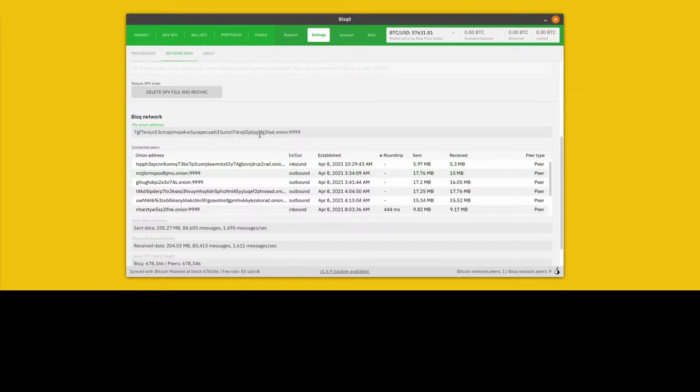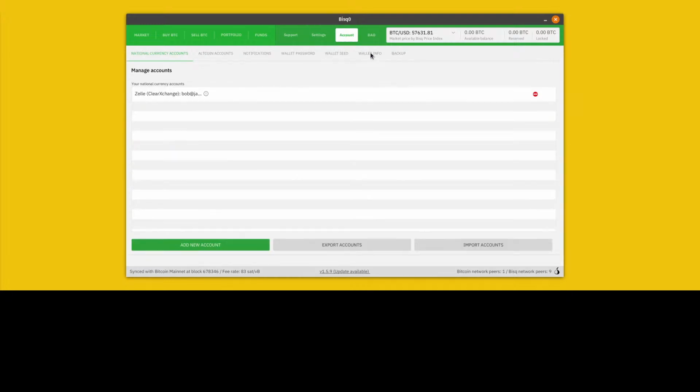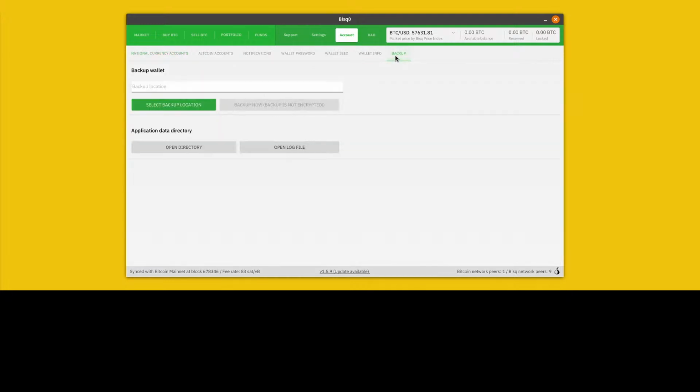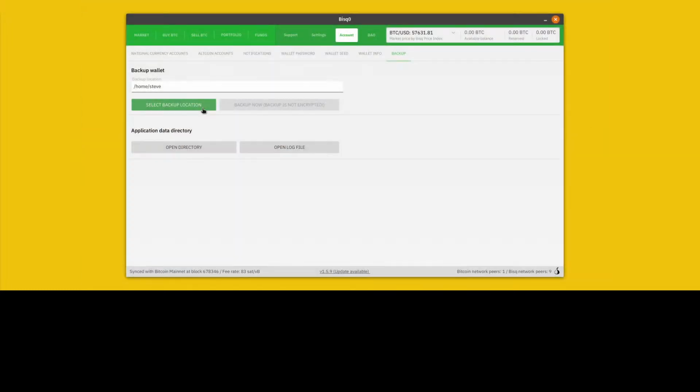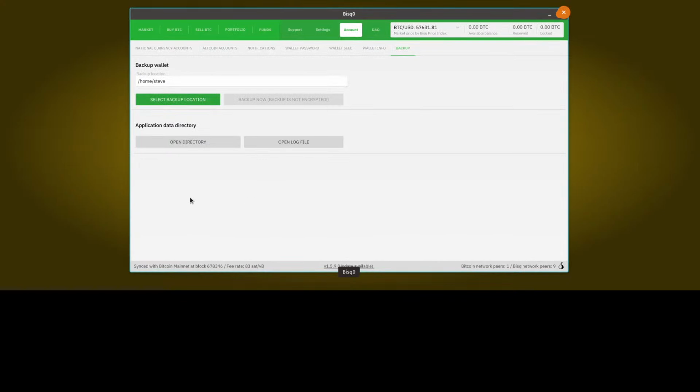Well, the first thing to do is to back up your data. As with anything Bisq related, you're in charge of your data, and so if anything goes wrong, you've got to have a backup to make things right again. The way you do that is you go to Account and Backup, and you can just select a backup location. When you do that, you'll get your system's file explorer, and you can pick a folder that you want the backup to go to. Once you do that, you'll get something like